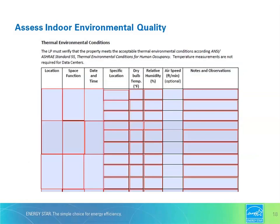This is what the thermal environmental conditions section looks like on the measurement form. This screenshot shows space for 3 different locations, but the full form has space for 5, and larger buildings may need to sample even more locations. So the number of sampled spaces required for an accurate assessment of the property is left up to the discretion of the LP. For each sampled space, you should enter what the space is used for, along with the date